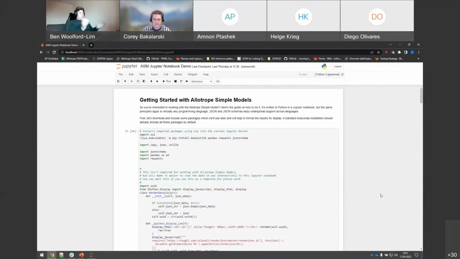So, with that, I think that's about it. Any questions? Actually, Ben, while you were talking, I retested it on the Google Colab environment, and it's